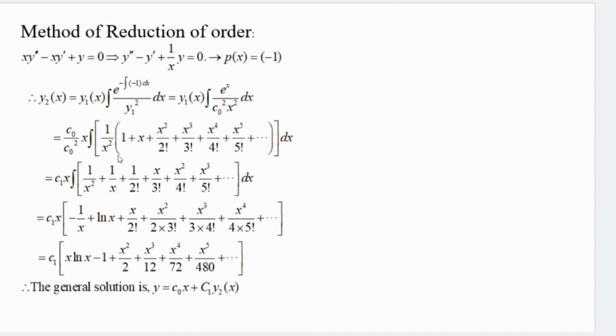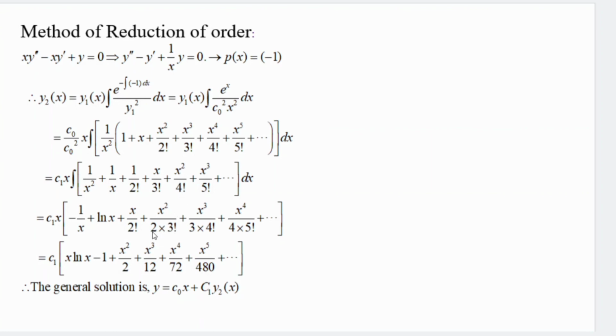We know that e power x equals 1 plus x plus x square by factorial 2 plus x cube by factorial 3 plus x4 by factorial 4 plus x5 by factorial 5. So we put here the series of e power x, then divide by x square. So finally we get the series that looks like this. Now we integrate this with respect to x. When we integrate 1 by x square we get minus 1 by x. When we integrate 1 by x we get ln x. When we integrate 1 by factorial 2 we get x. When we integrate x square by factorial 4 we get x cube by